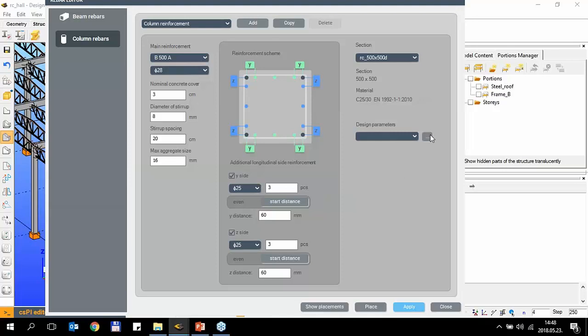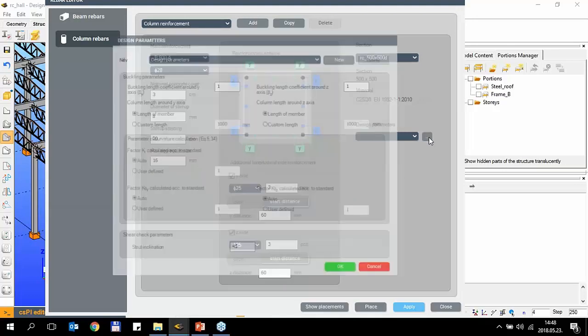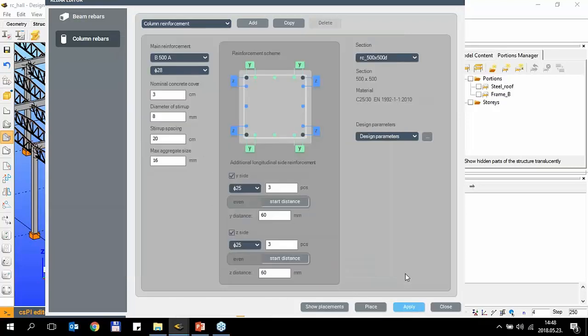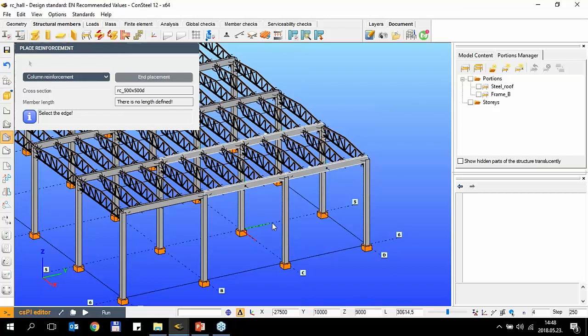We have an extra option, the design parameters. So in case of columns, we have to set some design parameters. For example, the buckling length coefficient around the Y and around the Z axis must be set, because it is a cantilever column. I set the 2, but all of the other parameters will be calculated automatically, using the model parameters or model dimensions. Okay, with the apply button we can save it,